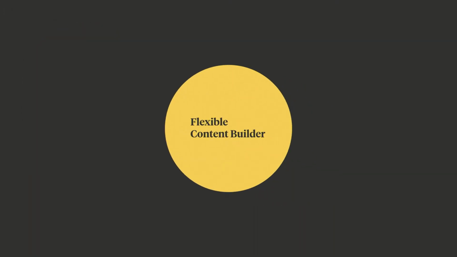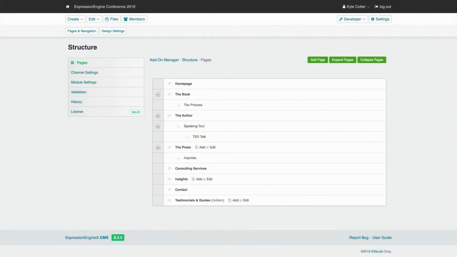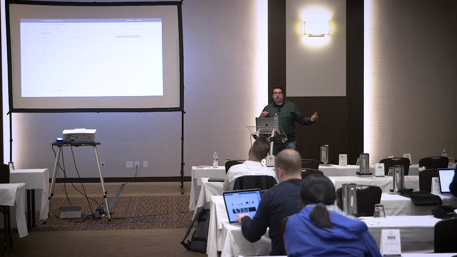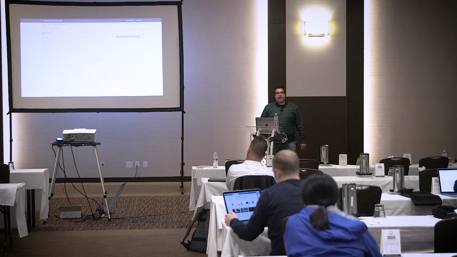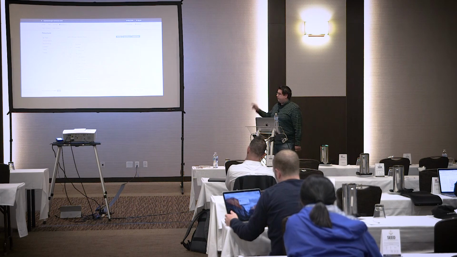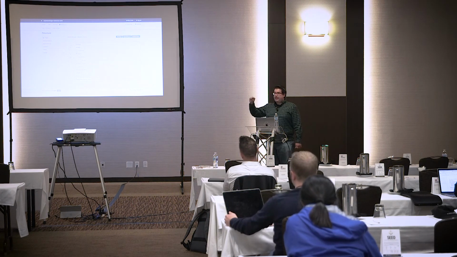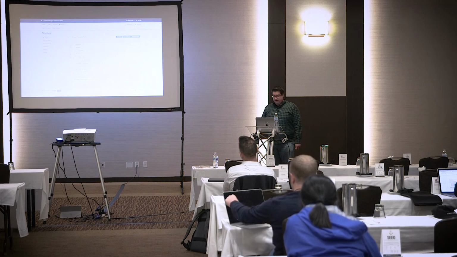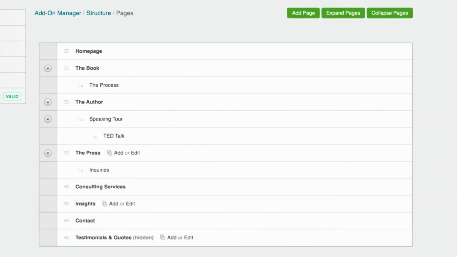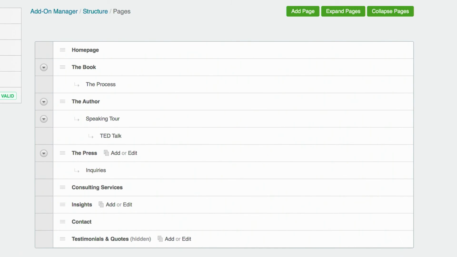Now let's look at a flexible content builder type of site. So Structure with ExpressionEngine is a good way to pull off some of this custom page builder functionality, where the client wants to order the navigation hierarchy in a specific way, or they want to add specific pages that perform different functions, and then you have your listings to add various pieces of that content that can get embedded in those sort of bigger pages. So Structure is a nice starting point for that. You can see how we structure that here.